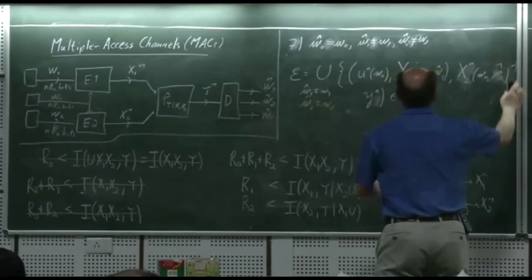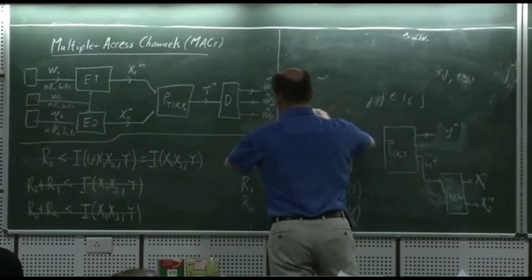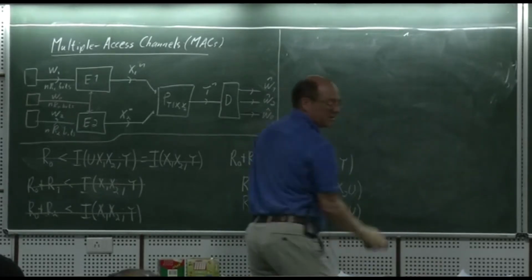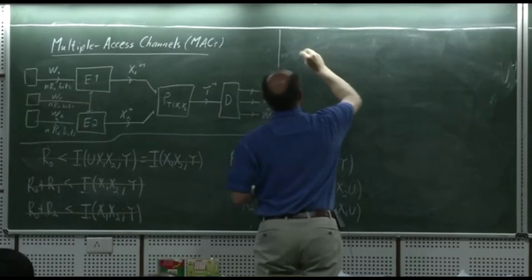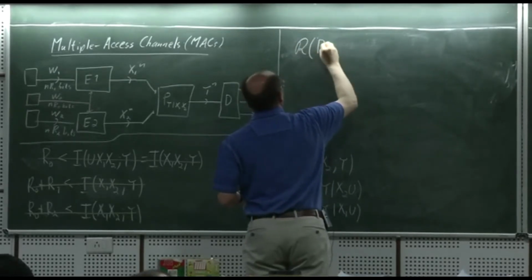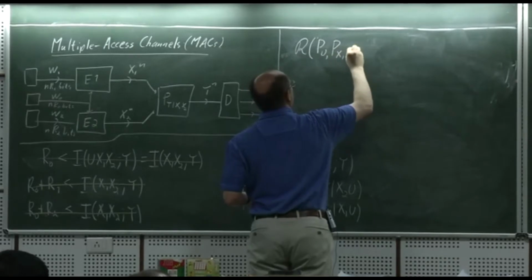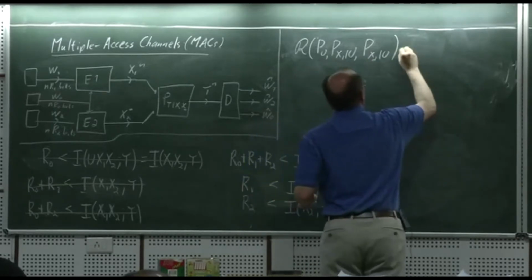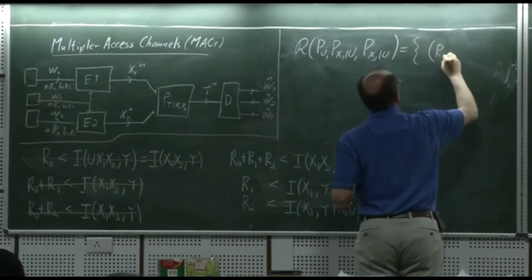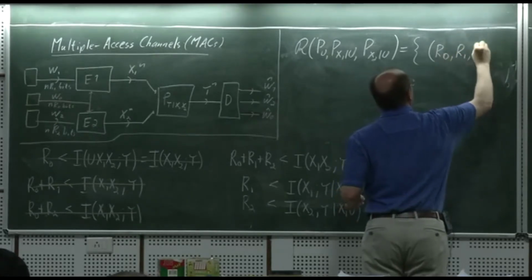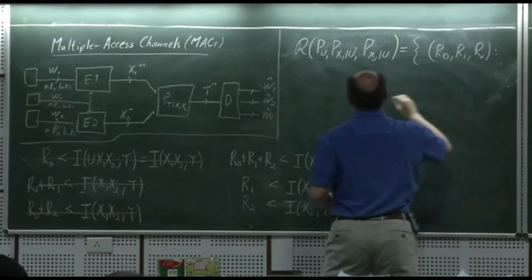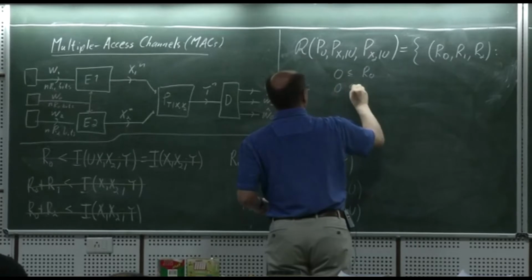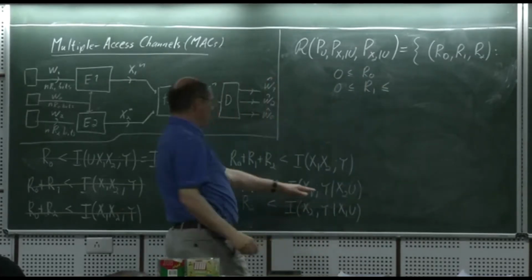Okay, so putting this all together, I wind up with 4 bounds. Let's define the following rate region with p(u), p(x1 given u), p(x2 given u). It's going to be the set of all rate triples that satisfy the following inequalities: 0 less than or equal to R0, 0 less than or equal to R1, less than or equal to this one,